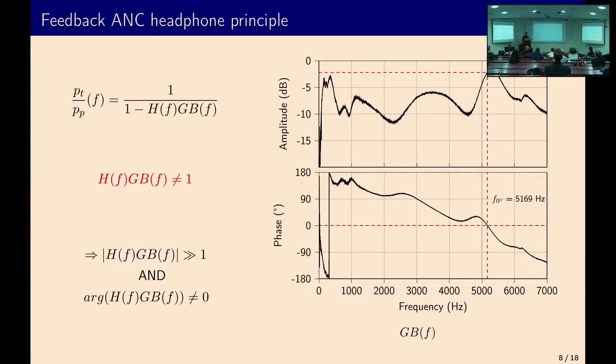But before designing the filter, we need to answer the question, what do we actually want to do physically? Well, since the headphone itself, the material, will help attenuate the sound in the middle and high frequency, we want to focus the active noise control in the low frequency band. So here we focus between 50 Hertz and 1 kilohertz. So the filter should amplify the amplitude in the low frequency, but without changing too much the phase response, because we don't want the unstable frequency to shift inside the frequency region of interest.